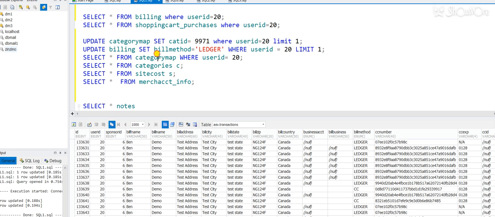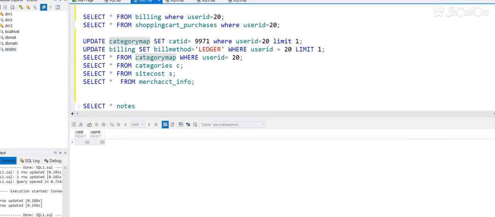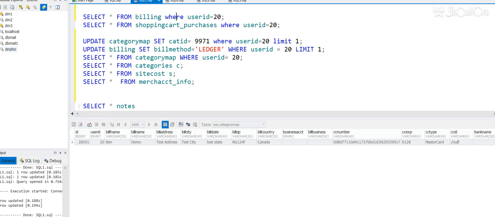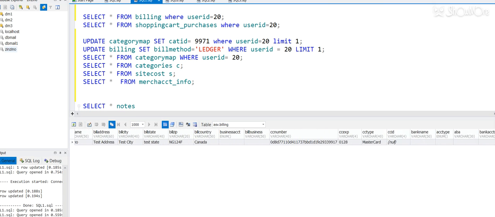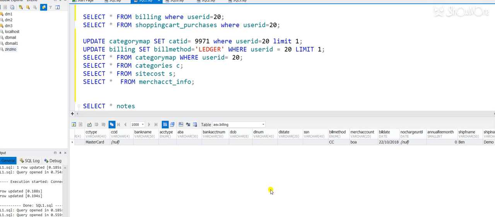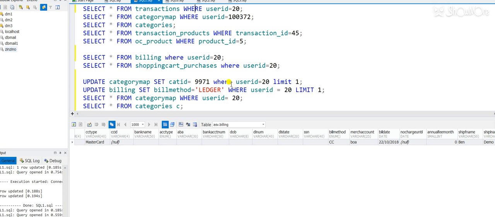So let's check my category first. I should be on cat ID 16, so that's correct. Before I was on 9971, and my bill method is now CC, and then on my transactions page,